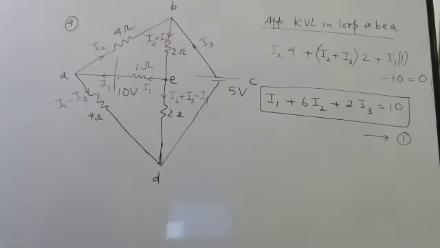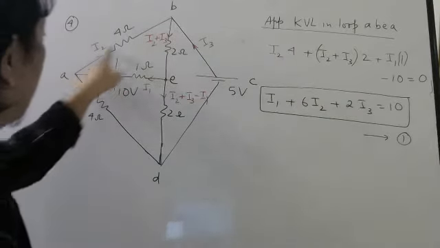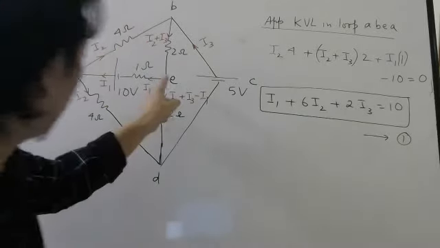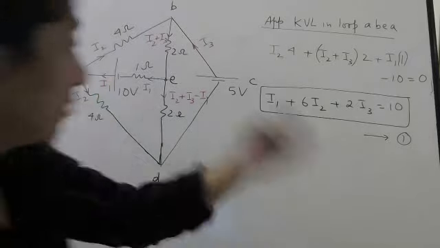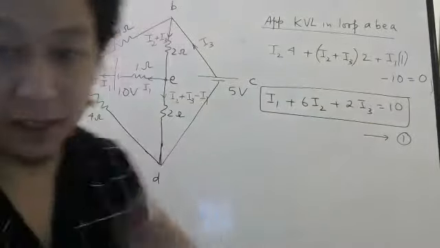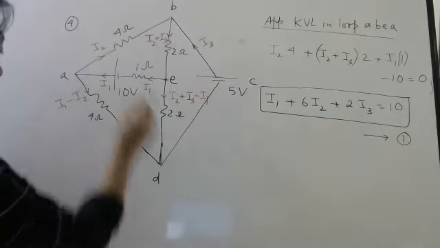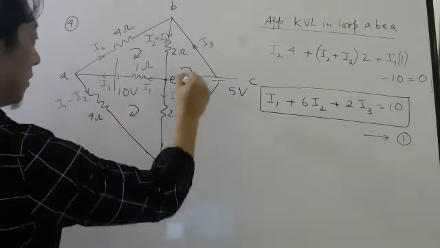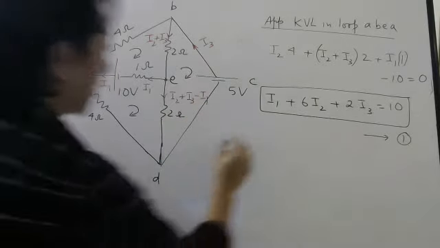Okay. So how did I do this? Apply KVL in this loop. Along the current, positive. Here minus to plus, so this is a rise. Rise we take negative. And for the battery we write the EMF. Now take this loop. I always move this way, okay? So one loop I'll take here, one loop I'll take here, one loop I'll take here.